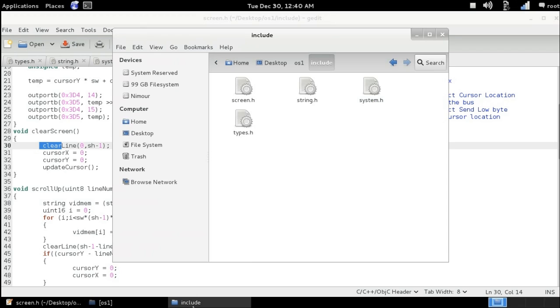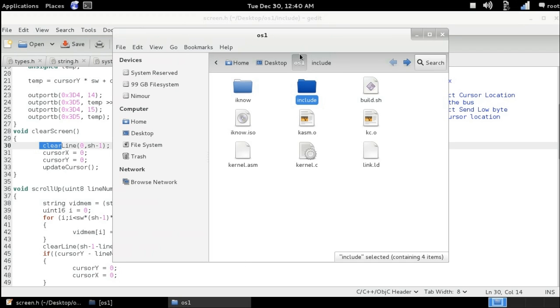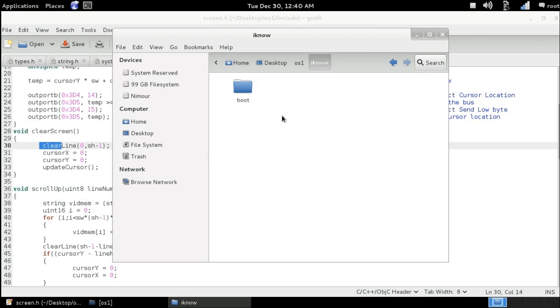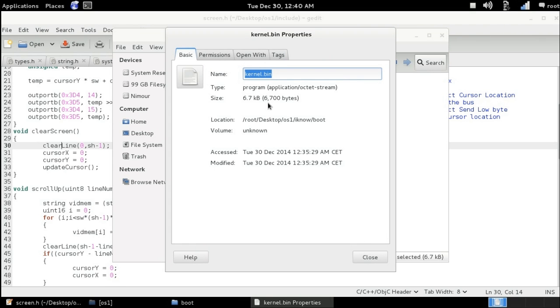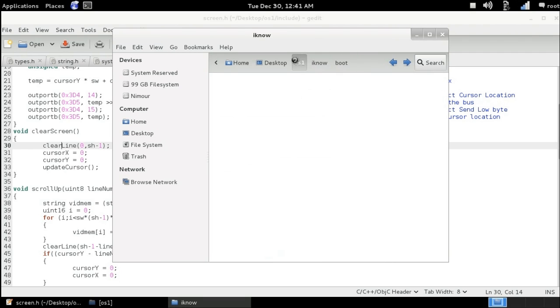So if I go, for example, OS1 to the kernel file and see its size, actually it's still small, but again, it's 6.7 kilobyte. It is not so small. Okay,